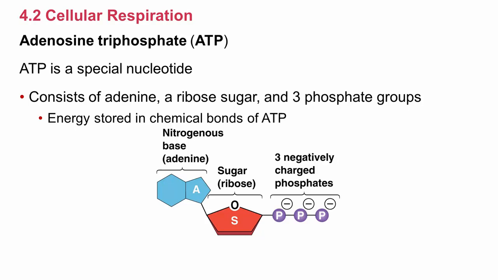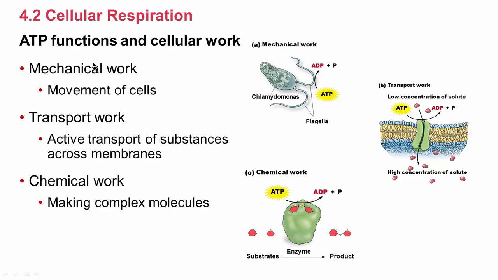In objective number 3, it says exactly what kind of jobs ATP does. ATP functions in cellular work. First of all, we need ATP for mechanical work, actually movement of cells, like the flipping of these flagella so this little Chlamydomonas can swim through the pond water. The fluffing of cilia that keeps giving me this tickle in my throat. The cilia is fluffing up dust particles or maybe peanut dust or whatever